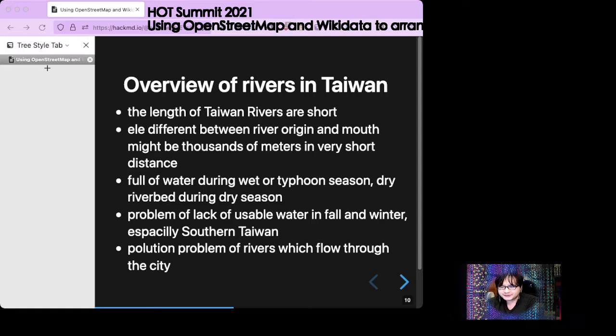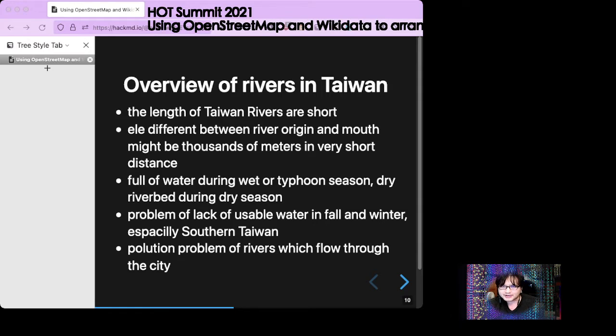Here is an overview of rivers in Taiwan from a geographic point of view. First, Taiwan's rivers are short. Second, the elevation between the origin and the mouth might differ by thousands of meters, but over a very short distance. Third, there is a big difference between the dry season and the wet season.